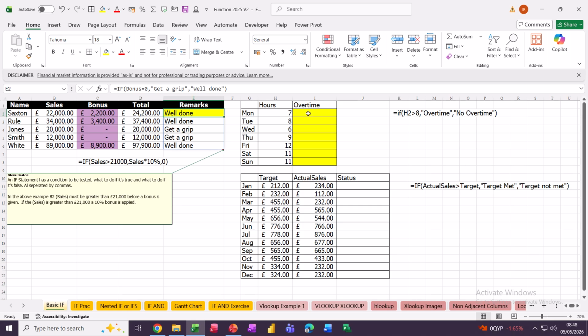Now this one over in the yellow, I'm not using names. You don't have to use names, but I recommend you do. It's easier. This one is just going to look at that cell reference there. Basically, if somebody's done more than 8 hours, I want them to get overtime. If not, no overtime. This is what I'm going to type. So it's equals if,